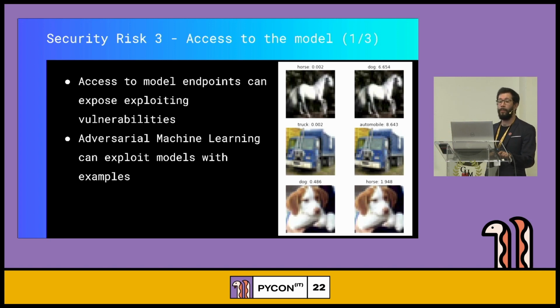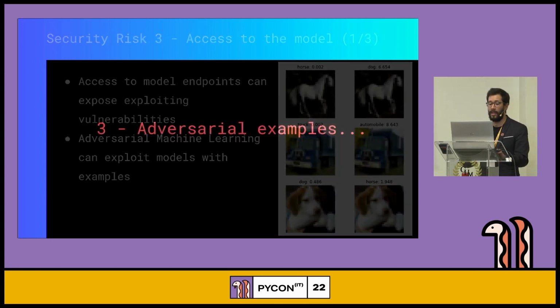These are basically examples that allow you to trick a classifier whilst also tricking the human that may look at that image input. So here you can see very intuitively the image of a horse that would have normally been predicted as a horse, but with some statistical noise that is added, it's now predicted as a dog. That truck as an automobile and that dog as a horse. Right, so it's basically statistical noise that it's not possible to really see by just the naked eye.